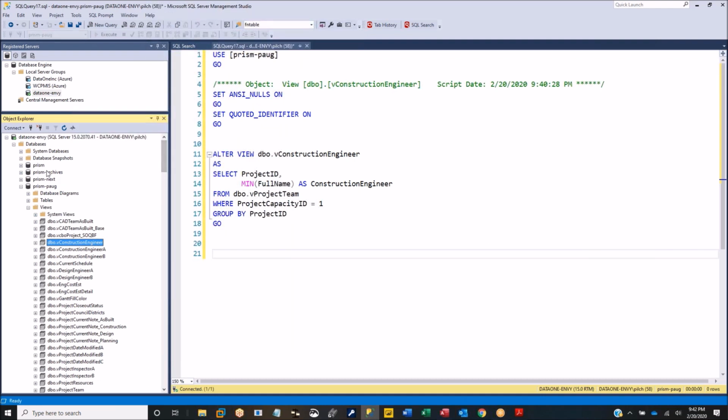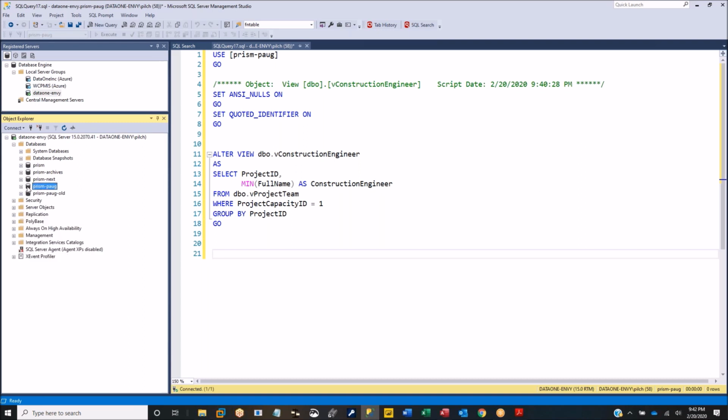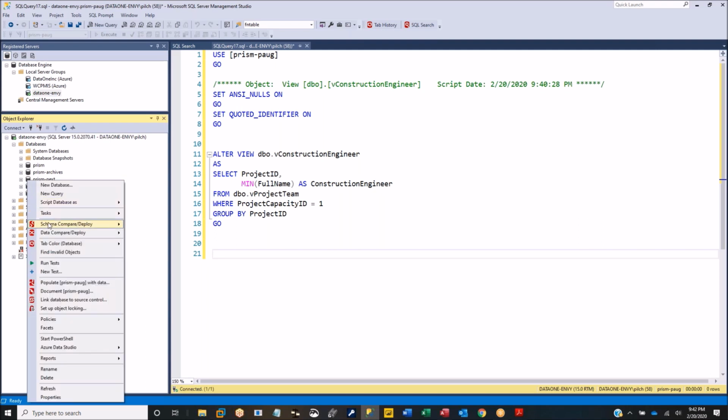Now, one of the cool things, and we're getting short on time a little bit, so I'm going to show this, is something I use for deployment all the time. There's a schema compare and deploy. Now, this is similar to Total Access Detective. But Total Access Detective is only a compare. With this, you not only can compare, but if there are differences, you can deploy the differences from one database